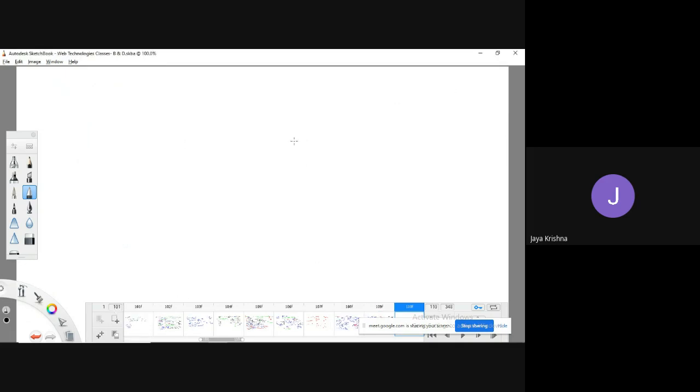For example, I am going to take a simple example. For example, I am taking h1 with id equal to Jay Krishna, closing of h1. Guys, in JavaScript, what we are going to do is write document dot get